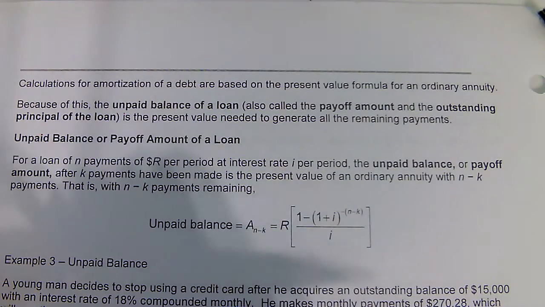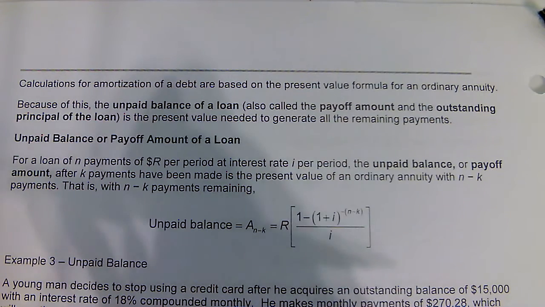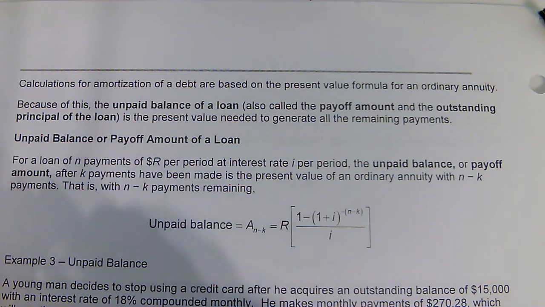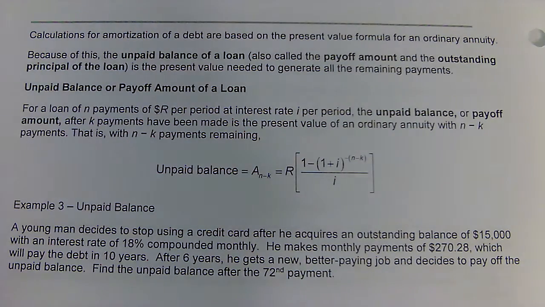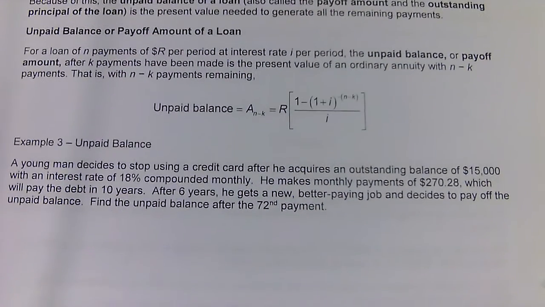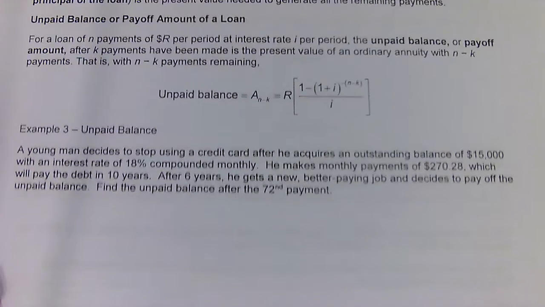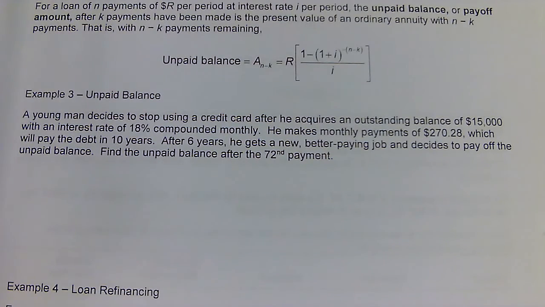Okay. Calculations for amortization of a debt are based on the present value formula. Because of this, the unpaid balance of a loan, or the payoff amount, the outstanding principal, is the present value needed to generate all the remaining payments. So we can also figure out unpaid balances. And we have a formula here for those of you who like to do it by hand. But let's say a young man